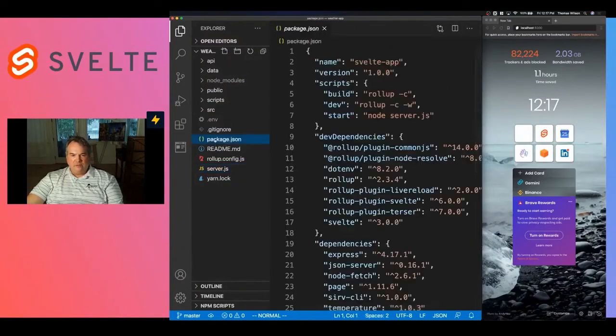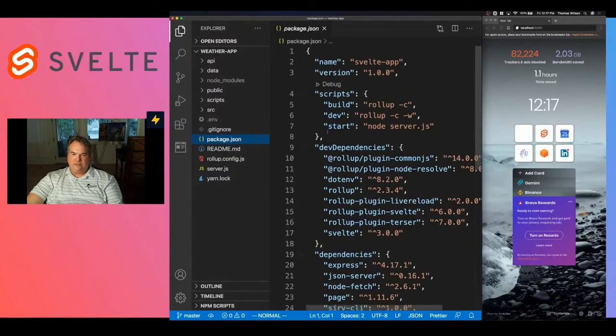One thing of note in the package JSON, I think this is kind of cool, is you have dev dependencies, and you'll see Svelte there as a dev dependency. It is not a regular dependency, and that's again because Svelte kind of compiles and gets out of the way. I think early on it was kind of called the disappearing framework, and